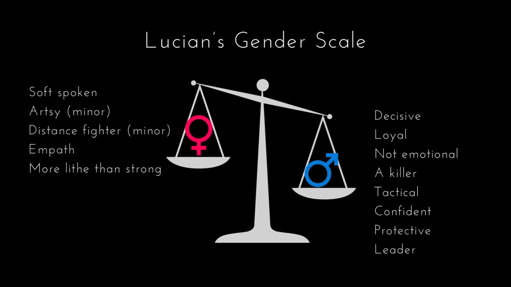But to get him to read as more masculine than myself, I had to play around with the scale and give him more masculine traits than I had, and further emphasize the masculine traits that I already had. But I didn't remove any feminine traits, though I minimized some, as it was important to me to retain the initial spirit of the character. As a result, his scale leans more masculine, and I've never had someone tell me that he reads as particularly effeminate. The feminine traits only serve to make him more realistic and interesting to read.